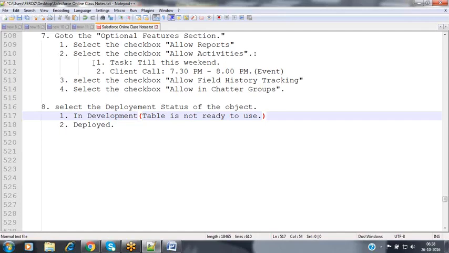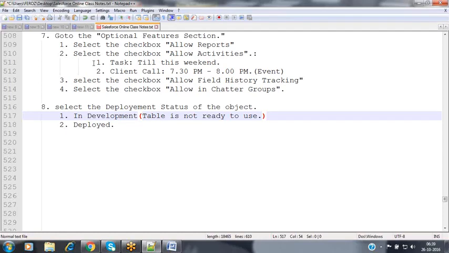It's in development stage. Like the same way here, when coming to that object, whatever the object that we are building right now, that object will be having the two statuses for the deployment. One is In Development, second one is Deployed. In Development status means the table still we are working on that. I'm creating those table columns. Now I have created almost all the columns, but one column is there for which I need some clarification from the client side. So here I have sent an email notification to my client that I need some clarification on this column. So please provide me the clarification so that I can complete that object creation.